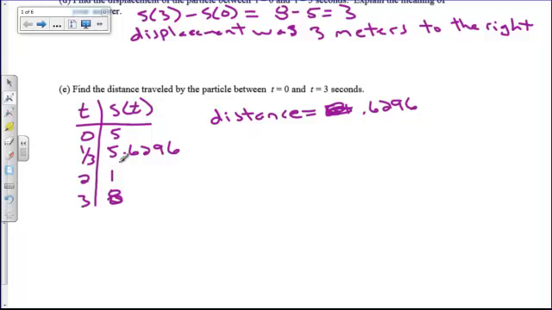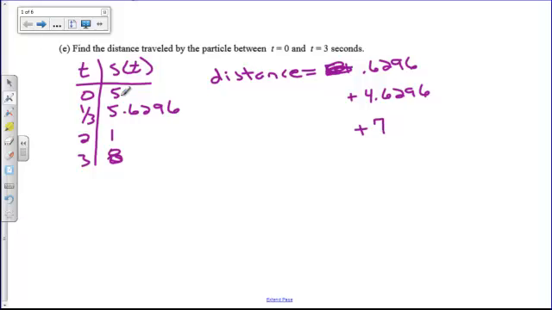We turned around and went back to the right from 1 back to 8, and that is a distance of 7. So you just have to go through and subtract these values and add. We're basically adding up the absolute value of our velocity to get our distance traveled. And so anyway, that's going to be my answer,